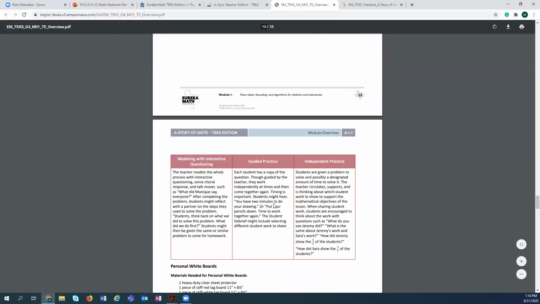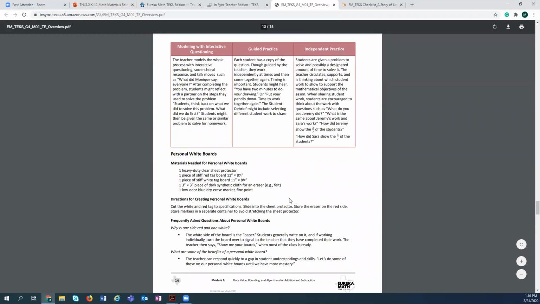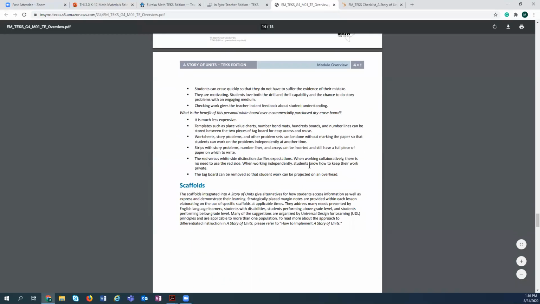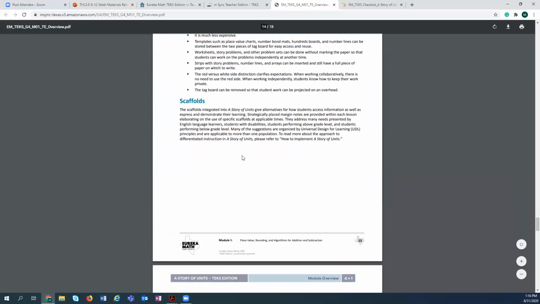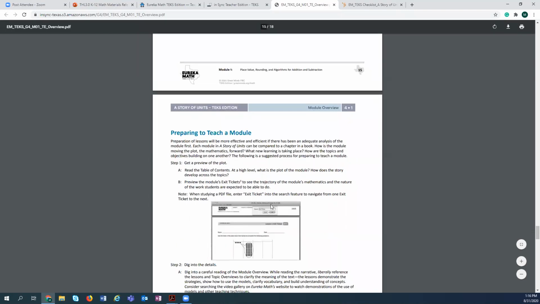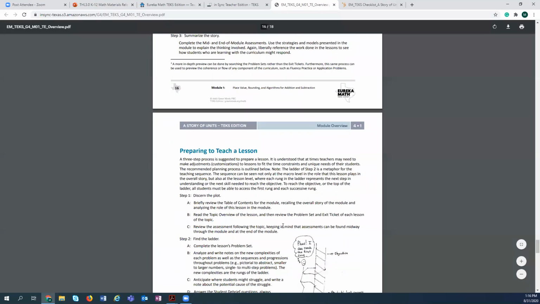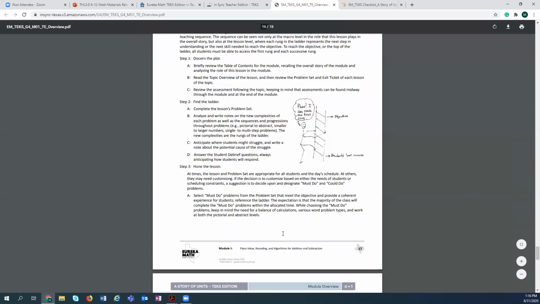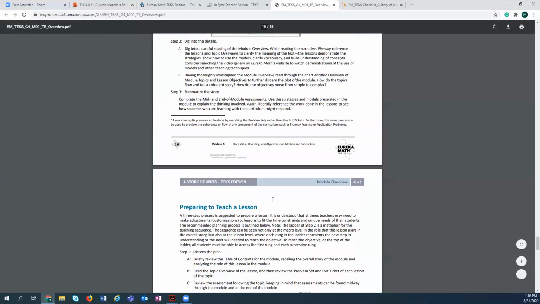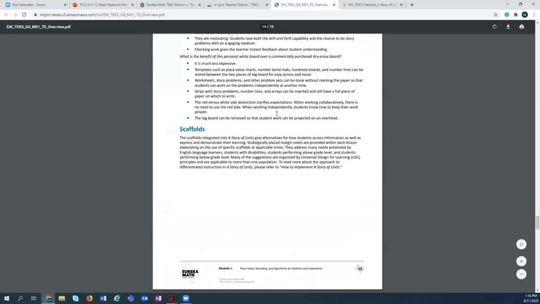And then moving into more opportunities to share instructional practices that are referenced within the lessons. In addition, there are some scaffolding information, and instructions are really recommendations on how to approach and break down the module as well as the lesson, given that this may be a new resource for you and you haven't really interacted with these materials. So there's a lot of information that's provided in the overview that's very helpful in studying prior to teaching.